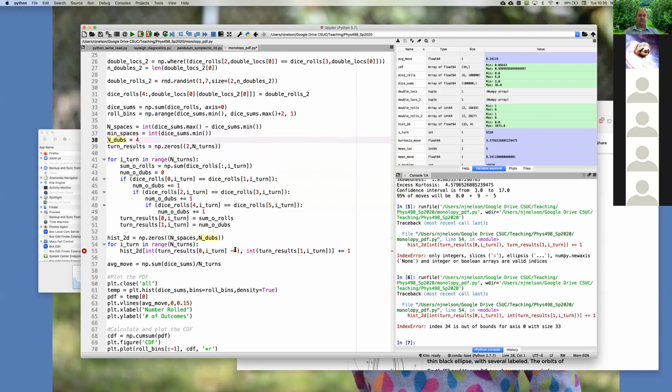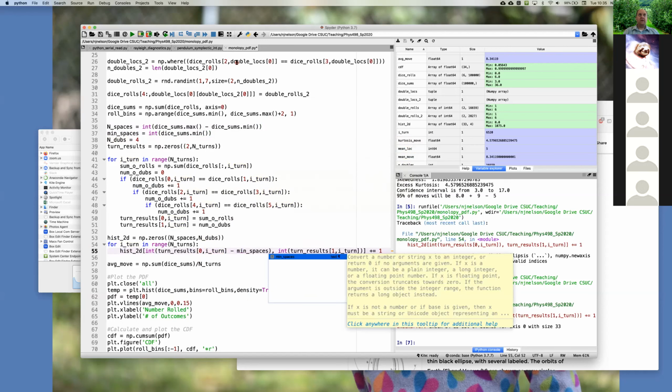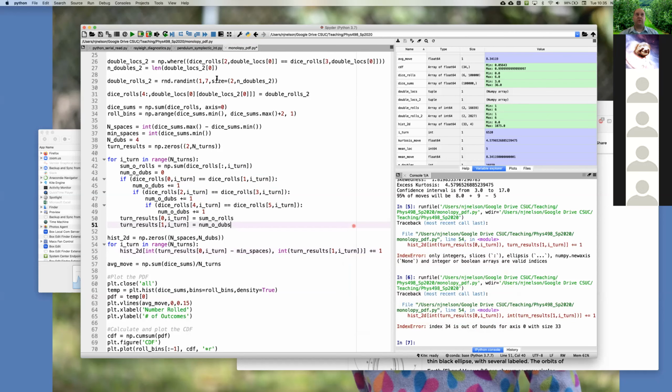And I'm just going to subtract off here min spaces. And now when I roll a 3, when I move 3 spaces, it puts that into index 0 in our array. So I just have to remember now that the index in my array isn't the number of spaces I moved. It's the number of spaces I moved minus 3. Okay, so now if I rerun this whole thing,